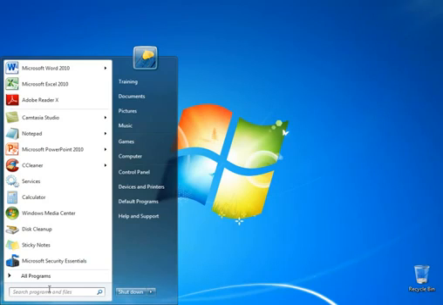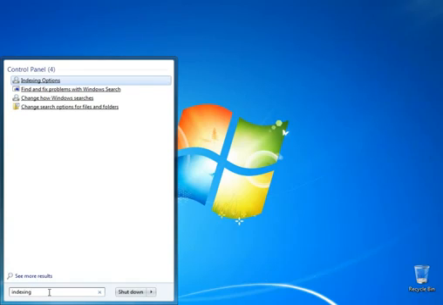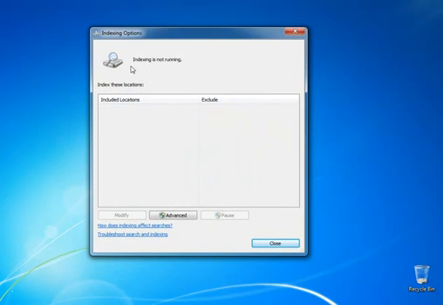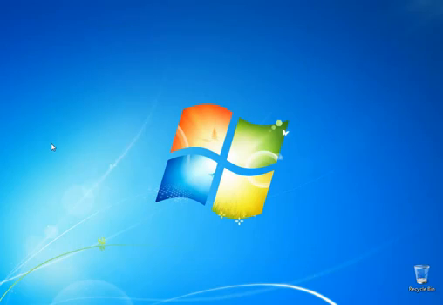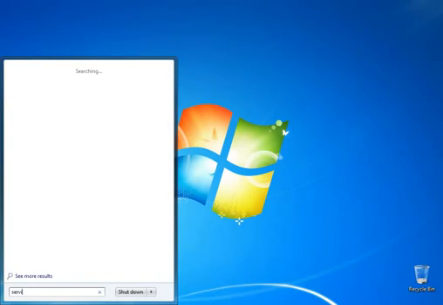Now, just to show that you can still type in the box here, and it's not going to totally disable things. So here I am trying to find a feature within Windows 7 called indexing, and we can see now that indexing is not running on this machine. So just a quick tip for those performance junkies out there that maybe want to disable file indexing in Windows 7. If you want to go and turn it back on, you simply type in services,